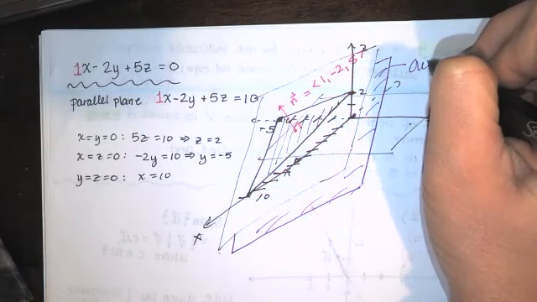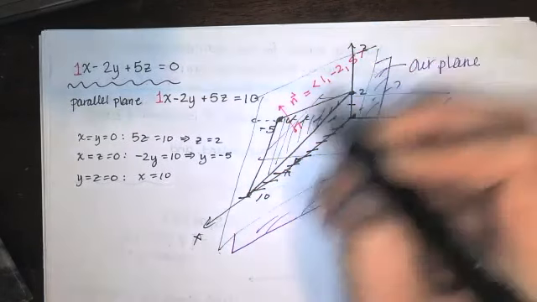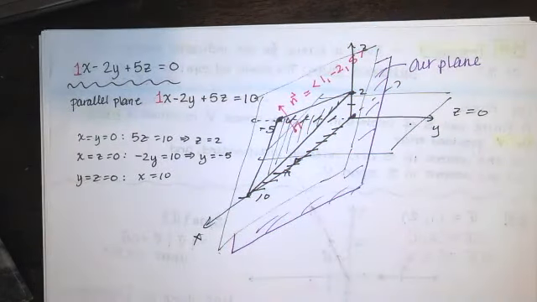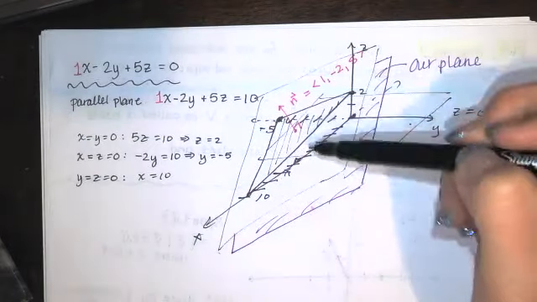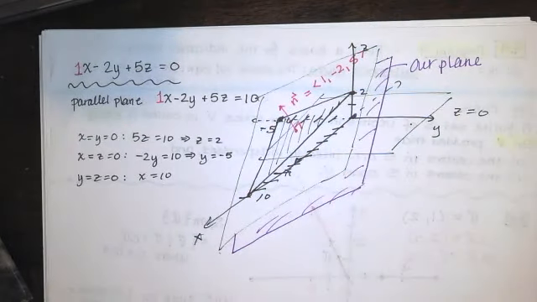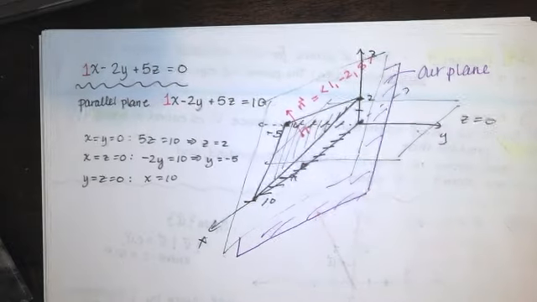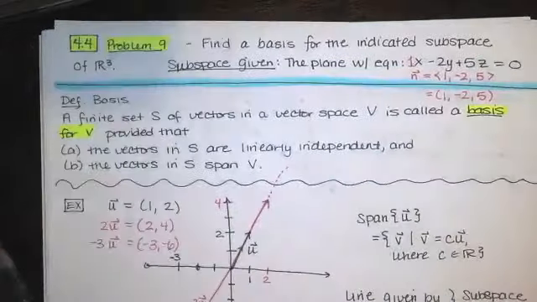This is our plane. And that's the parallel plane that made it easier for us to see kind of what's going on. They both have the same normal vector. That's what makes them parallel to each other. Okay. Now, when we think about span or basis, we're trying to find vectors